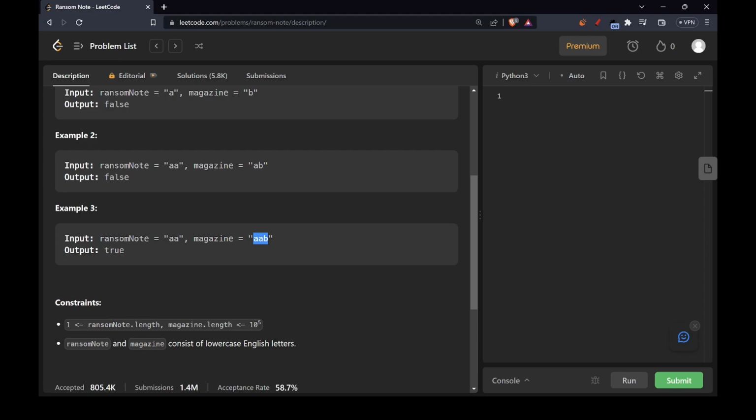right? So for that purpose, I will directly go to Sublime Text over here, and I can simply use the built-in Pythonic methods of sets over here, right? So what I'm going to do is create a class called Solution, and then I will create the method, let's say canConstruct, with self, ransomNote, and magazine. It will return a boolean value,